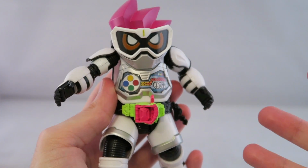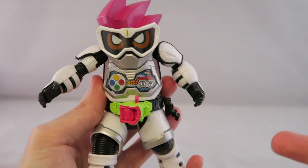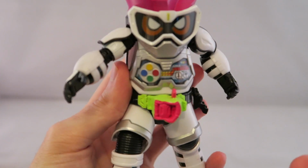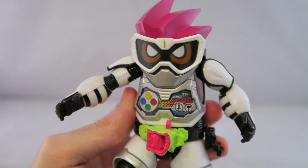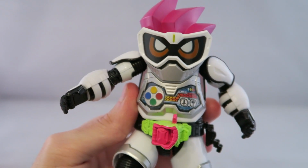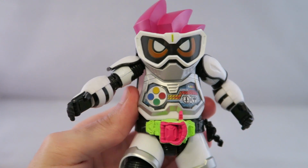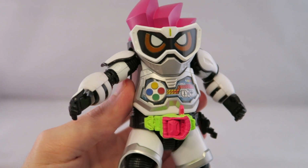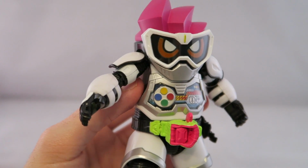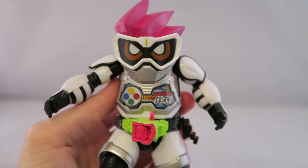I think overall he looks pretty good. He looks pretty great, actually, to me. I really like him quite a bit. I think it captures the proportions really well, captures the details really well. These are really basic, so there's not a whole lot that they really could mess up here. So that combined with the fact that this line is pretty solid paint-wise anyway, I think the only real significant detail difference you'll probably notice with an inevitable Figuart